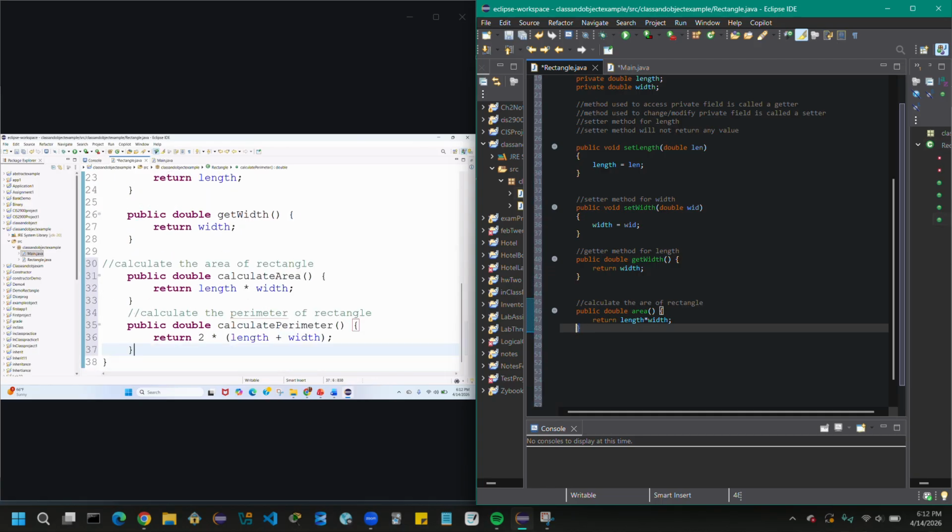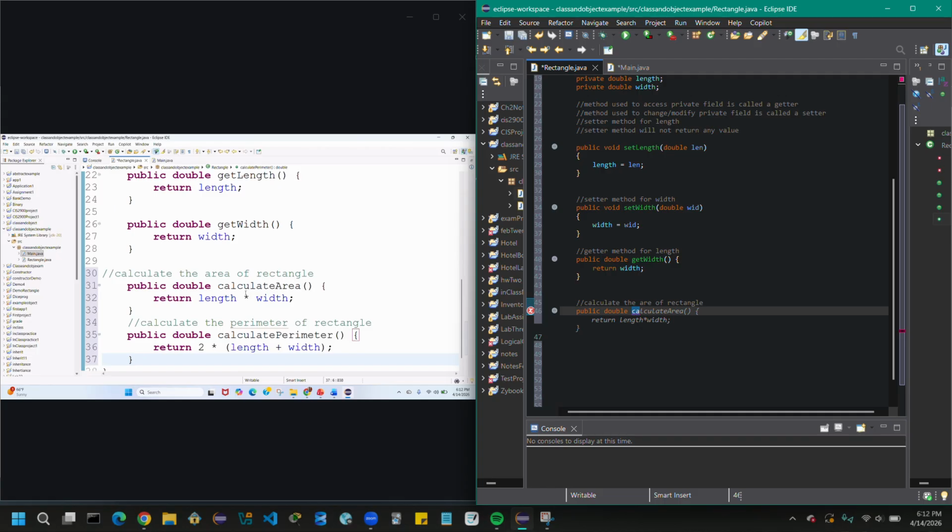The formula is public double calculateArea, return length multiplied by width. Then next is to calculate the perimeter of the rectangle. The formula is public double calculatePerimeter, return 2 multiplied by length plus width, semicolon. Once that is done, I'm still waiting for you all.